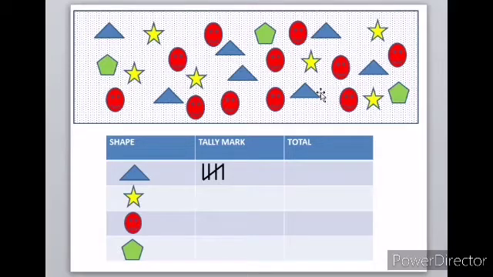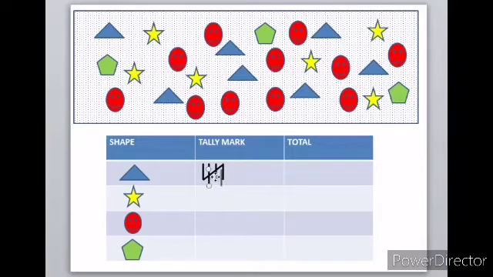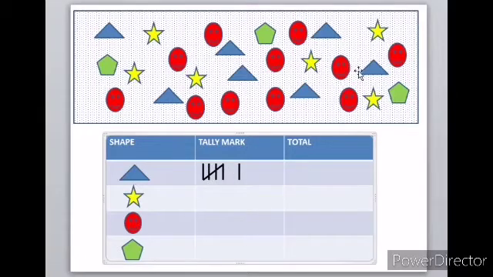One more triangle is there, 6. How will you put it? Leave a gap. Don't disturb this group or set. Leave a gap and put 1 more tally mark for the 6. See, 1 more tally mark for the 6 after leaving a gap. Then 7. Put another tally mark near the 6. Second set we are starting. So now it is over. All the triangles we have marked. Now we can read it. 1, 2, 3, 4, 5, that is 5, and then 6, 7. So there are 7 triangles in total.